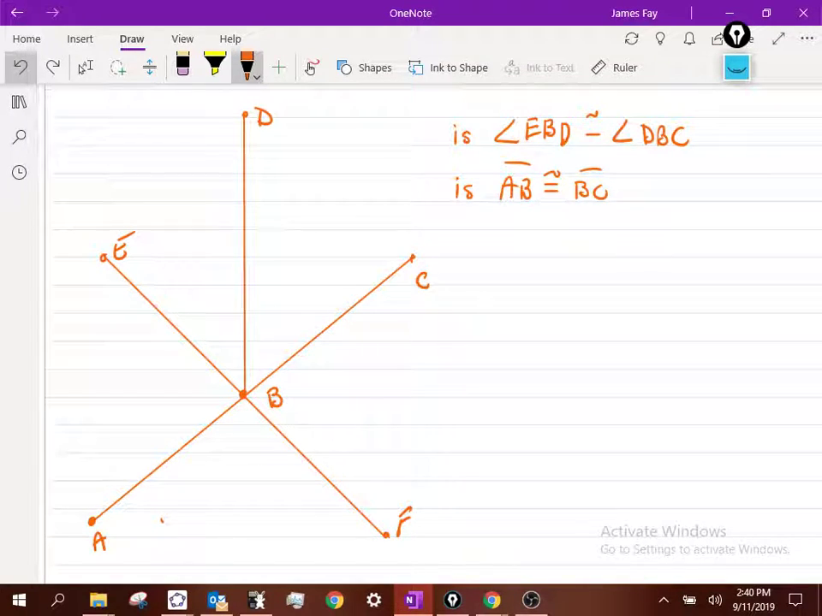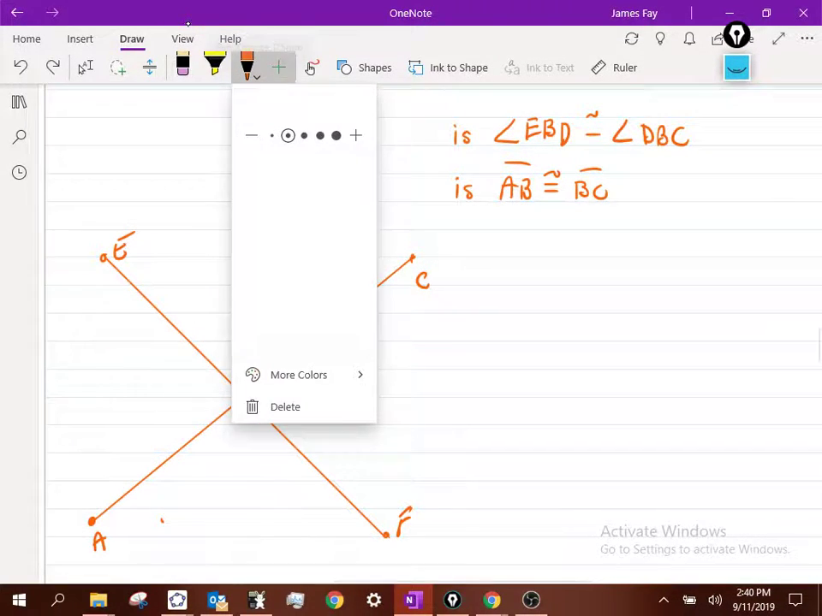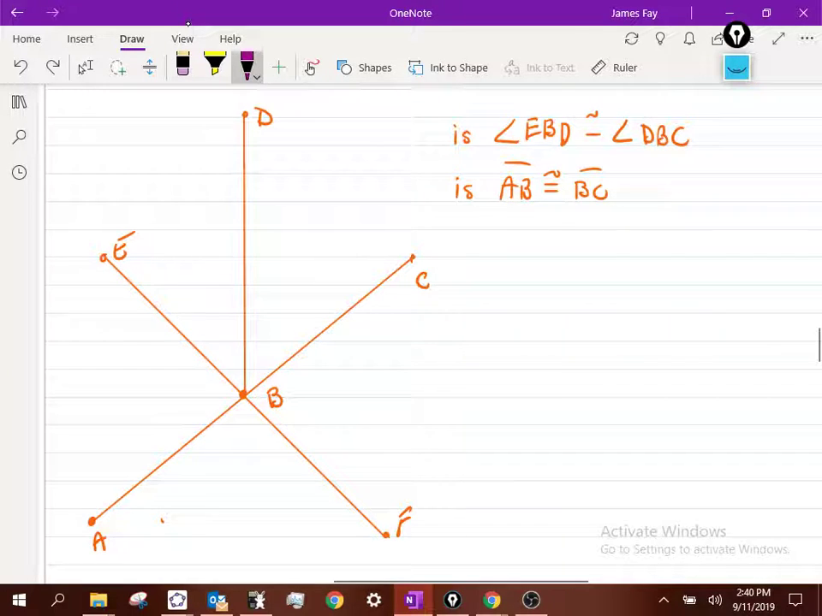Now, there will be times where they do this. In the directions, it will say B is a